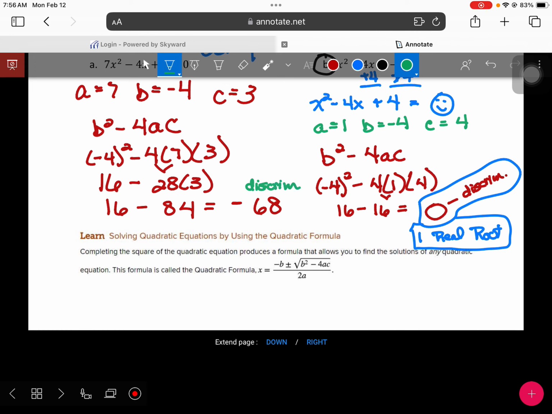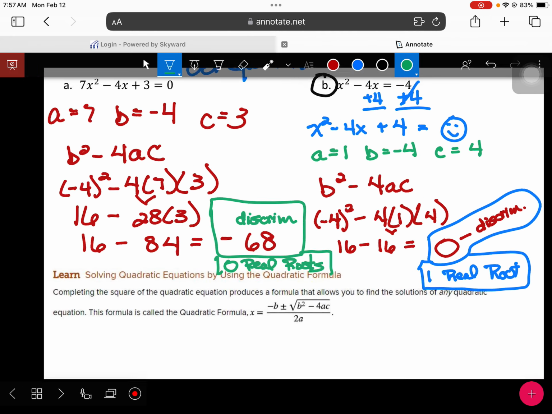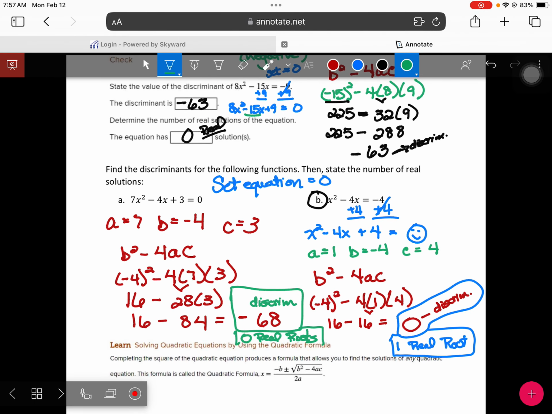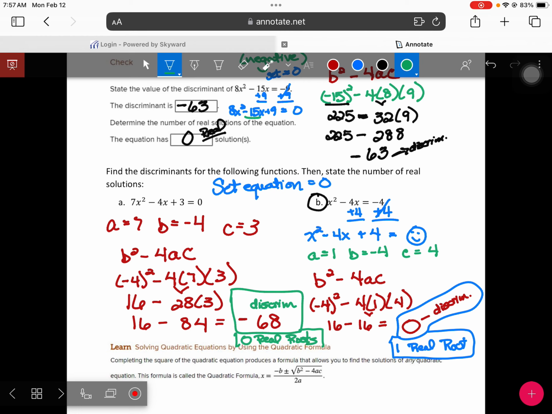So this is my discriminant, negative 68. And because it's negative, how many real roots will I have? 0 again. 0 real roots. So the only thing that little discriminant tells you is how many real roots you're going to have. Okay? Any questions on that? Okay. That is it for